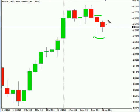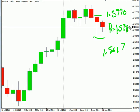Now looking at the pound US dollar pair, this pair closed down, moved lower. We are looking for this pair to continue moving sideways. Look for it to potentially go as high as 159.90, possibly as low as 156.17. Look for some resistance around 159.05 and look for some support around